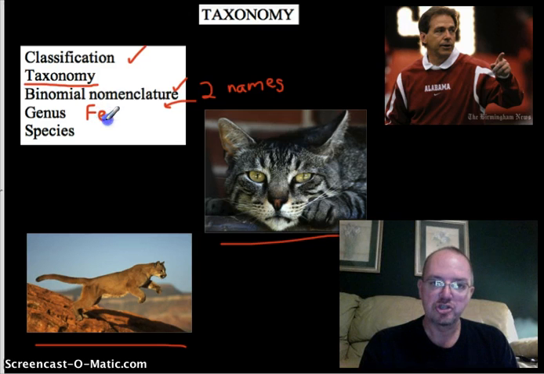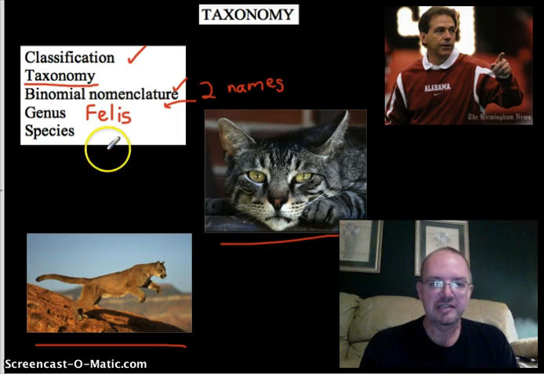Latin was the language used in the 1700s as far as science goes. So that's how all these names in binomial nomenclature are labeled. So both this house cat and this puma are in the Felis genus. So they're going to have Felis as their first name in the binomial nomenclature, but they're going to be different